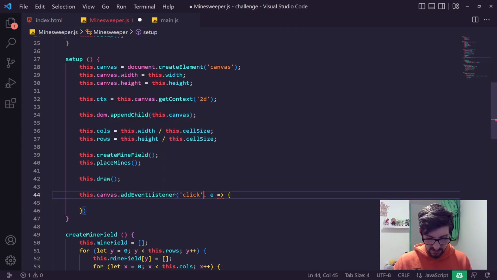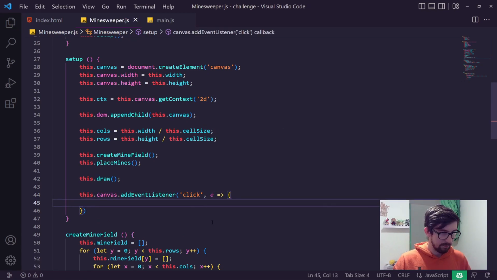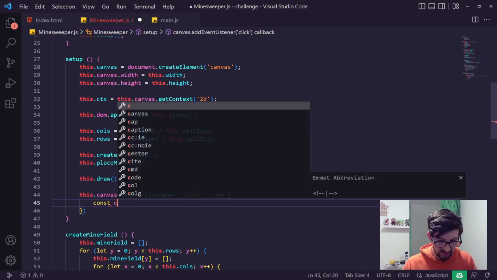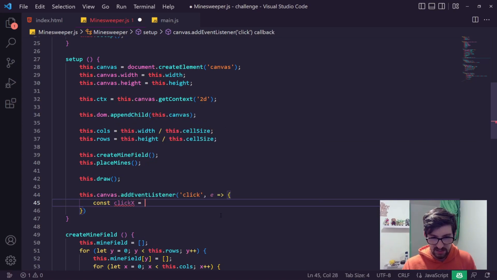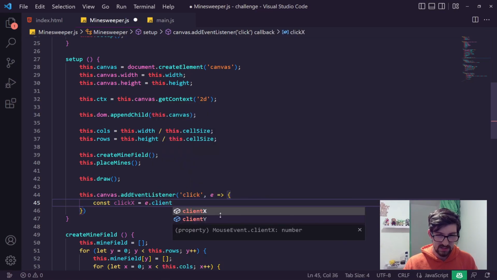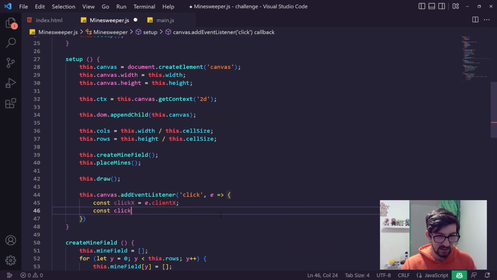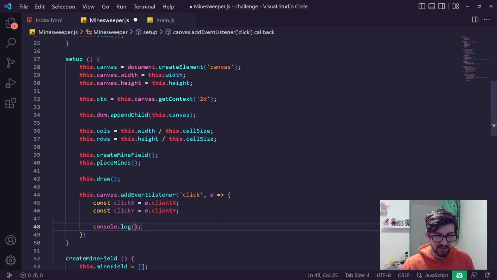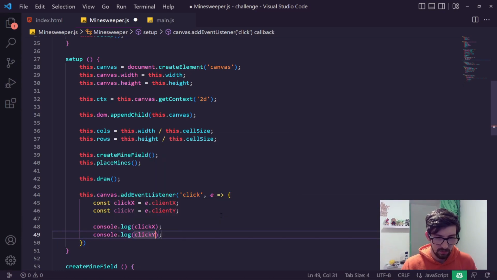And I know I've messed up there with this, right? So we're going to get the event. Now we have the event. Let's just say we need to get the position and check if it's inside the grid. So we need to say const click x, the x position, is equal to e.clientX. Const click y is equal to e.clientY. And if we log these, click X and click Y,